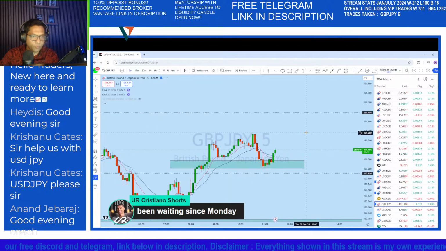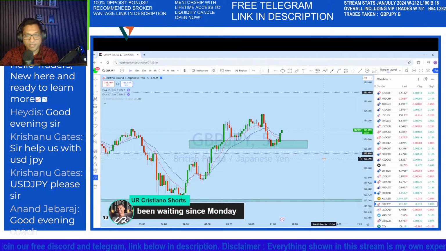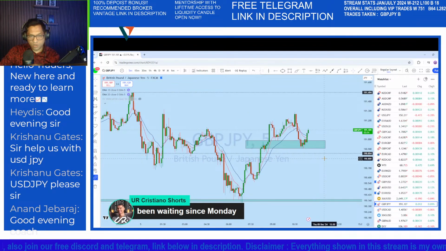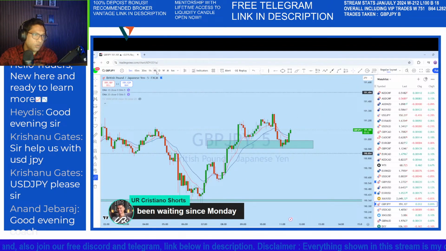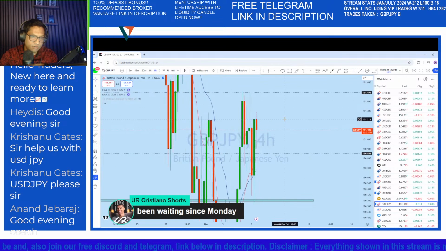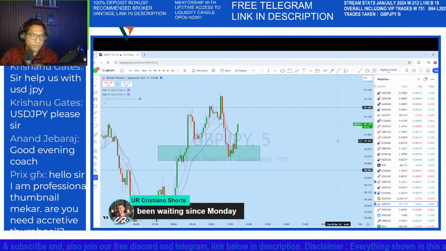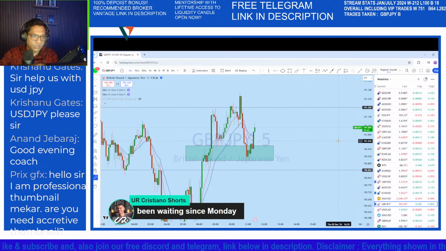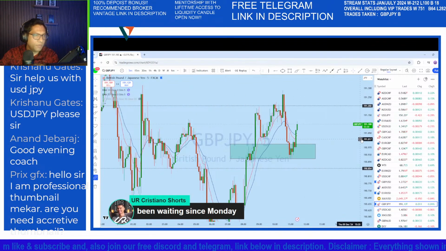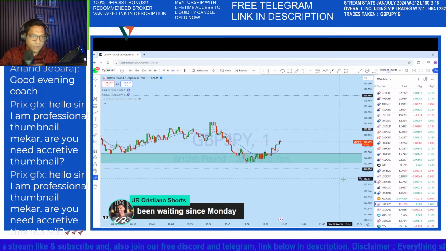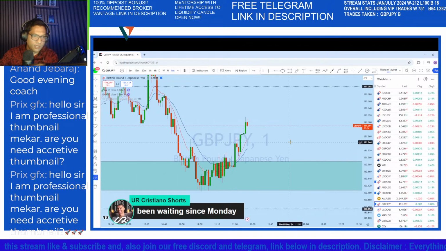I will be waiting for a pullback, and we might find here a potential upside entry. If we look at the 4 hour again, the market is reaching that 4 hour resistance. So looking here on the lower time frame, you can see this is a 5 minute chart on GJ. If you look at the 1 minute, here you can see the market is